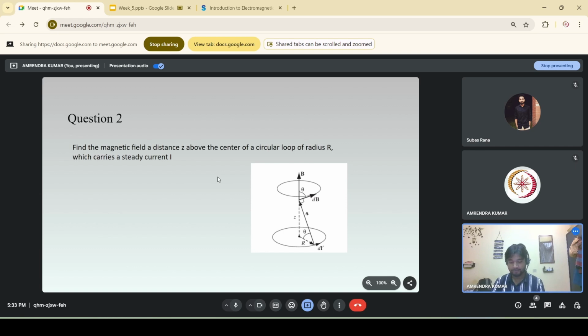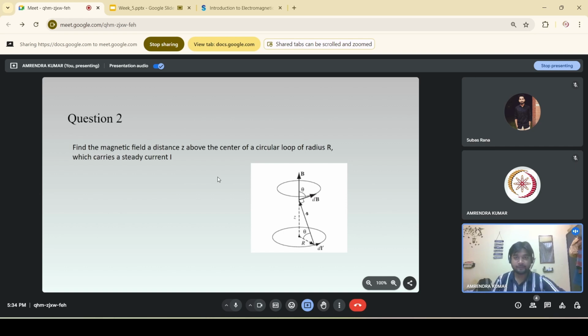तो ये हमें पता है इतना पार्ट जो है ये कांस्टेंट है, ये θ पे डिपेंडेंट नहीं है। तो इसको हम बाहर लिख लेंगे, तो टोटल जो मैग्नेटिक फील्ड होगी μ₀ I ओवर 4π R ओवर (R² + z²)^(3/2) इंटू 2π, क्योंकि θ 0 से 2π में हो रहा है। तो यहाँ से हमें जो मैग्नेटिक फील्ड मिलेगी μ₀ I ओवर 4π R ओवर (R² + z²)^(3/2) और यहाँ पे 2π R। तो अगर हम इसके π से π कैंसिल कर दें तो ये हो जाएगा μ₀ I R² ओवर 2 (R² + z²)^(3/2)।